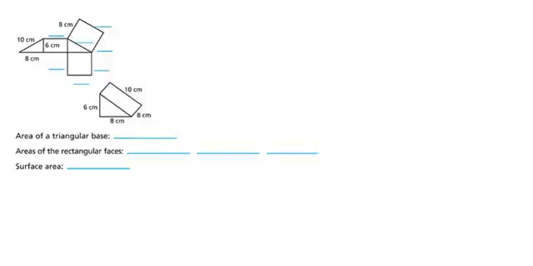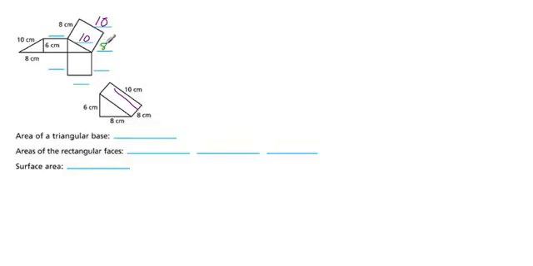The first step with finding the surface area for this prism will be to fill in the measurements for each of the sides on the net. The longest side is 10 centimeters, so we'll put 10 centimeters here and 10 centimeters here. I'm not going to write centimeters because frankly there isn't enough room and I don't want my writing to get